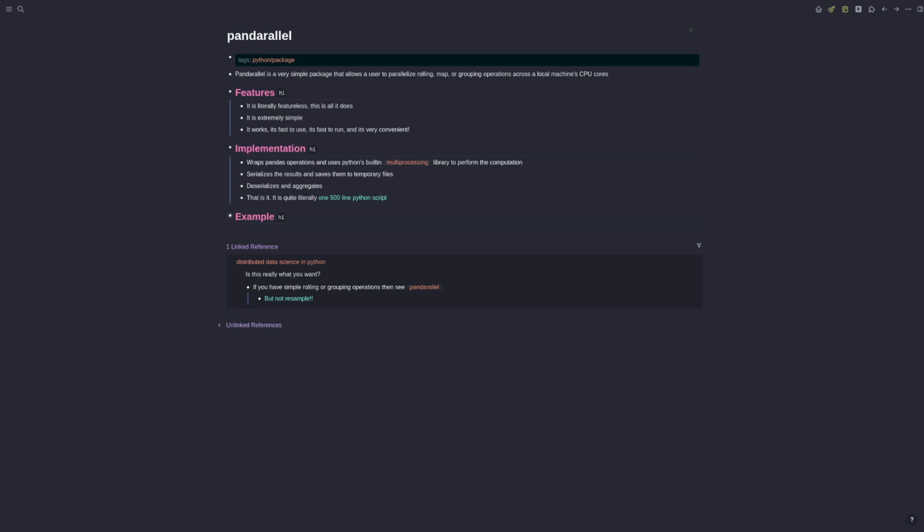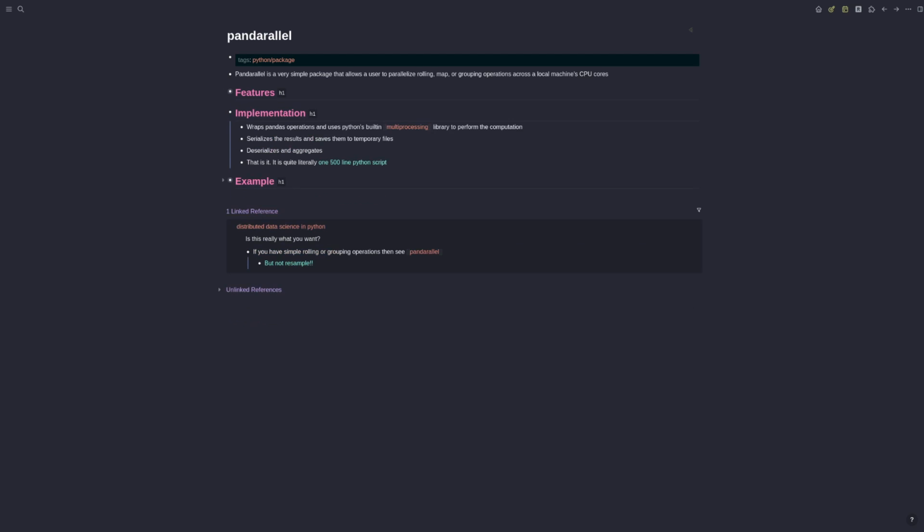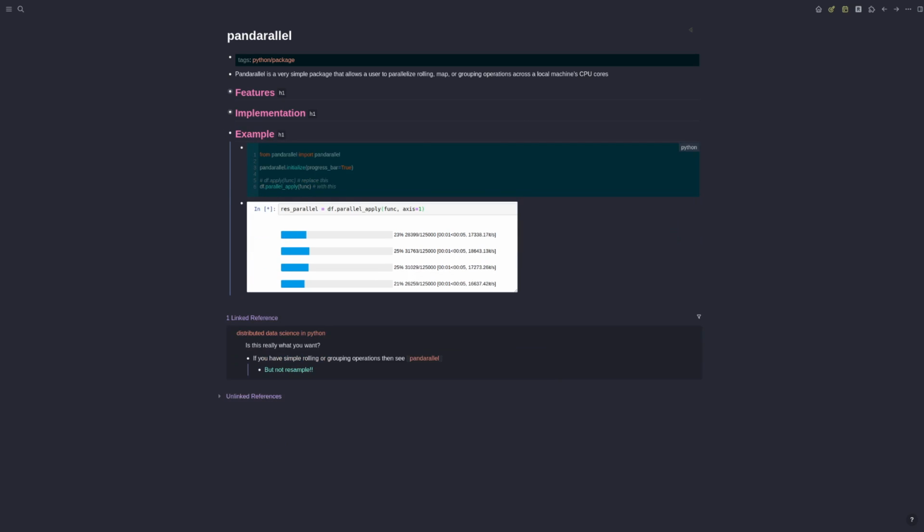It's a simple problem, so it's literally featureless. That's all it does. It will parallelize those three things. It's very, very simple to use, and it just works. It's fast to make it work, it's fast when it runs, and it's incredibly convenient if you just wanted to do, say, a grouping operation on a lot of data. So I'll give a quick example before I talk about the implementation. If you were to do my data frame dot apply some function, all you do in Pandarallel is